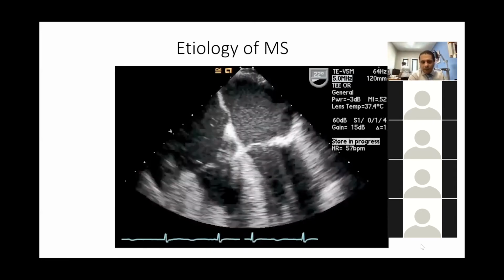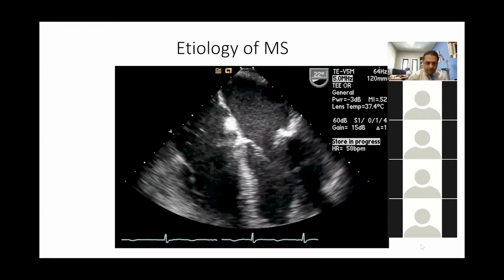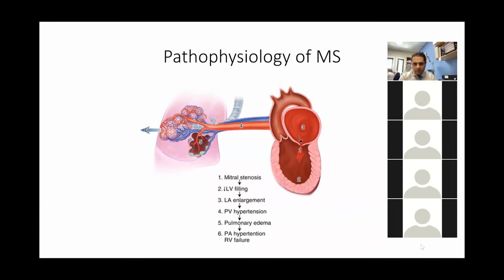Yeah, thank you. So as you can see, it's not difficult to differentiate between rheumatic versus degenerative mitral valve stenosis. If you pay a little bit of attention to the leaflets, you can easily differentiate between these two pathologies. So in terms of pathophysiology,